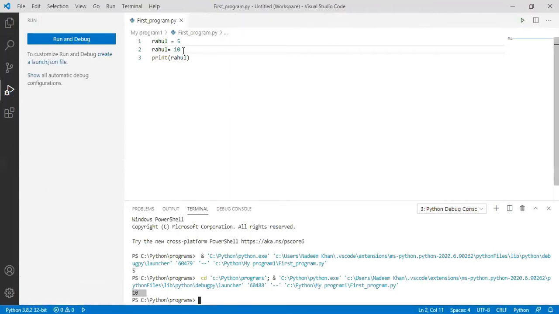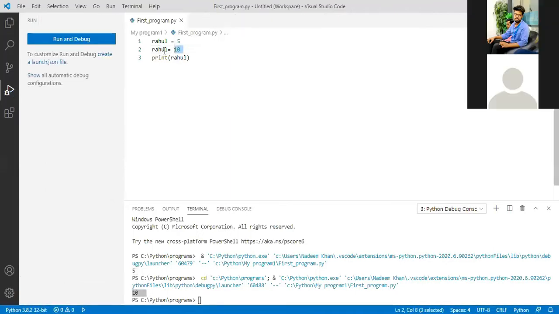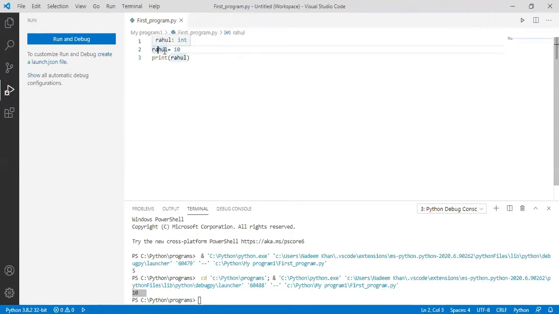Only 10. Why? The reason is whenever I declare the same name or same person with another value, like 10, a new value is assigned and the value will get changed. Like if I again declare it equal to 15, the value will be 15.